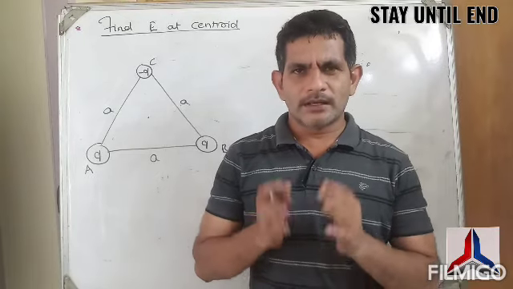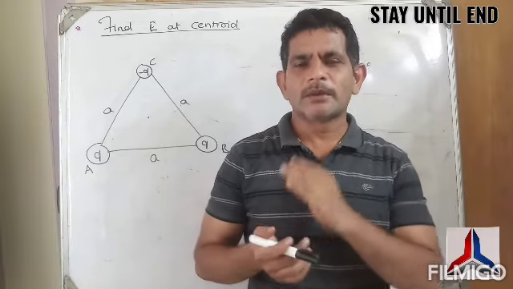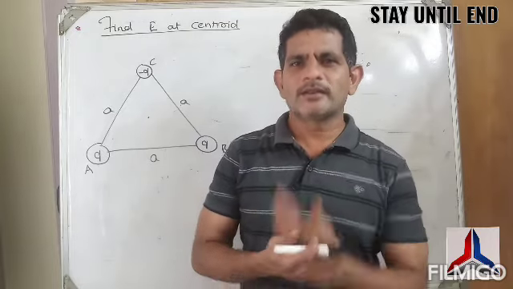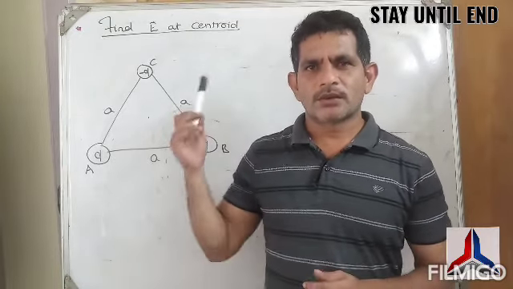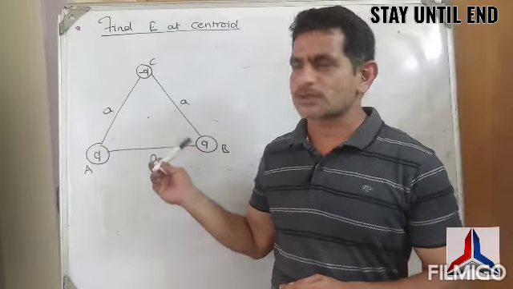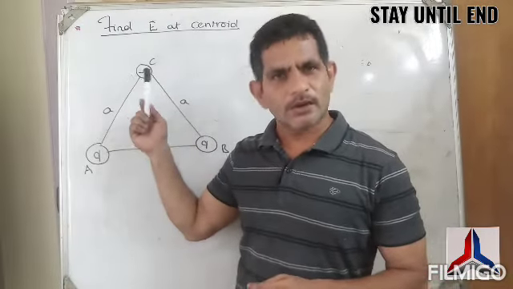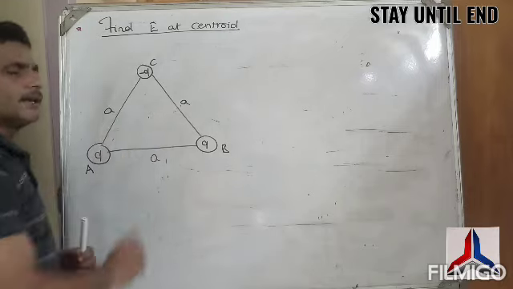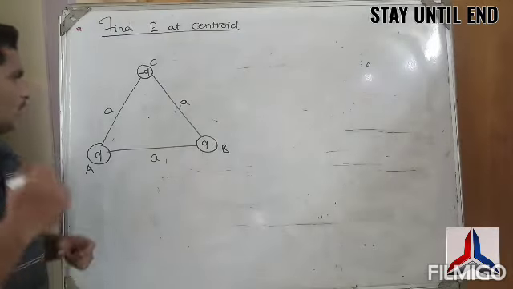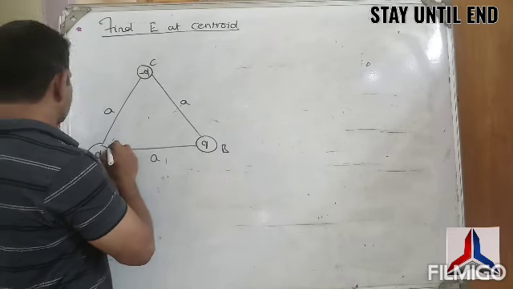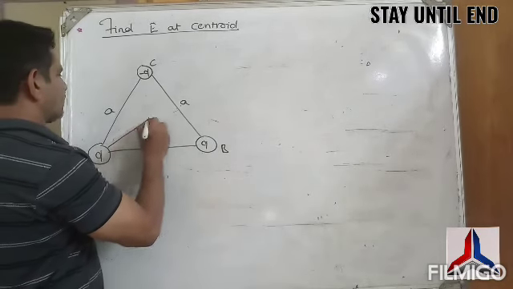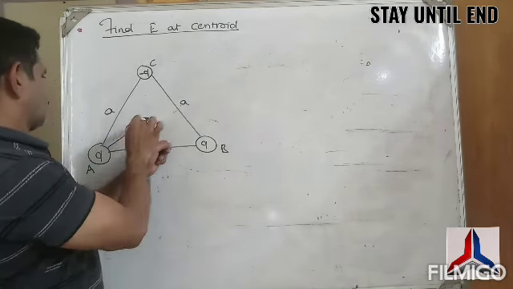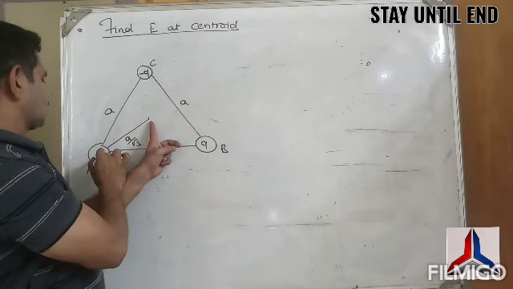See, this is very simple, and please focus on it. You may get a better result. Suppose this question is in the exam, definitely you will be in a safe place. So look at the question. Q is a positive charge, Q is another positive charge, and this is minus Q. How can these three produce the resultant electric field intensity at the centroid? That is the question. So this is the centroid. This charge is at a distance a by root 3 from the centroid and has charge Q.